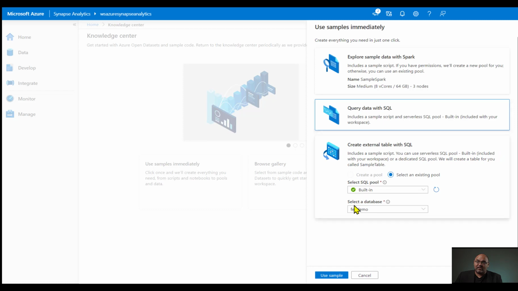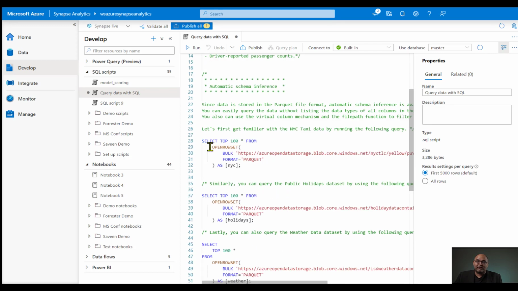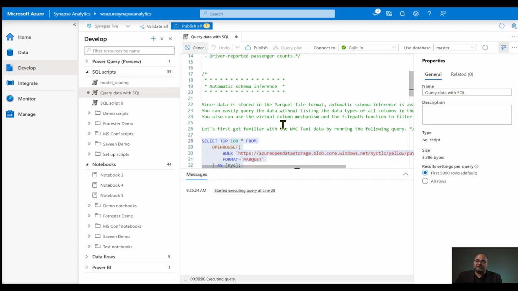I'll click on that card and then click Use Sample. And what happens is a SQL script is created immediately. Now the script itself has several queries. I'll just run the first one, which does a select top 100 on a Parquet file in blob storage. And as I click it,